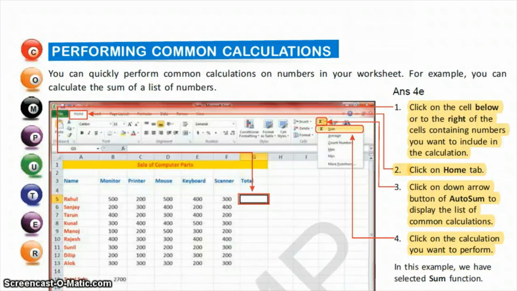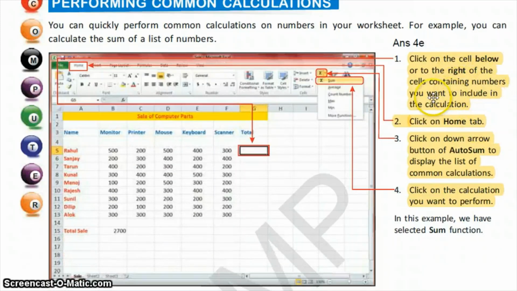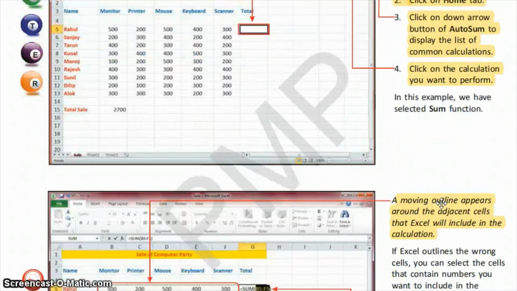So for performing common calculations, the steps are: number 1, click on the cell below or to the right of the cell containing numbers you want to include in the calculation. Then click on the Home tab. Then click on the down arrow button of AutoSum to display the list of common calculations. Then click on the calculation you want to perform.